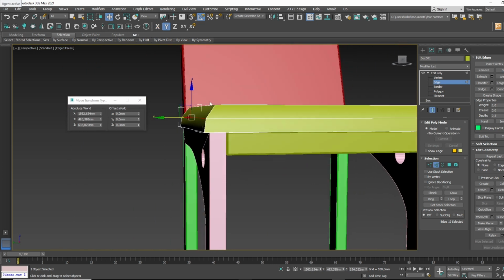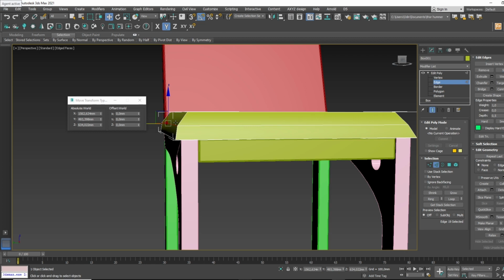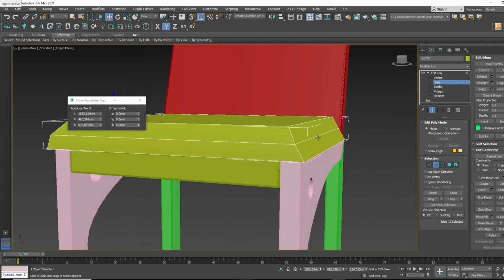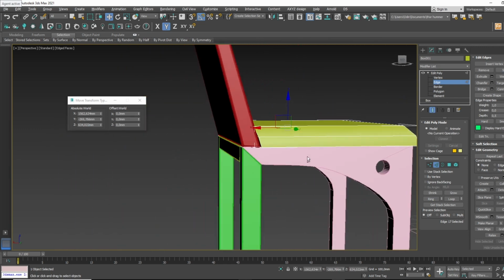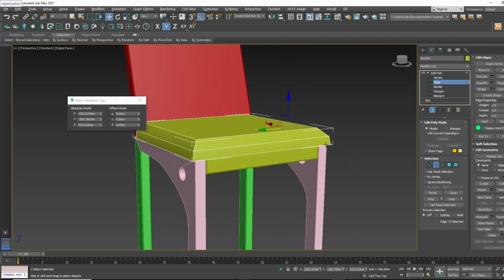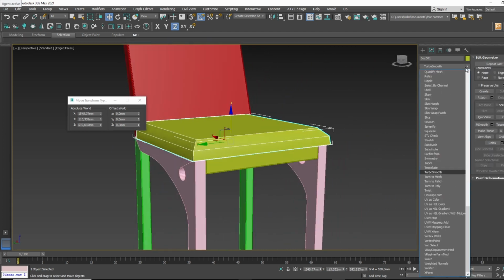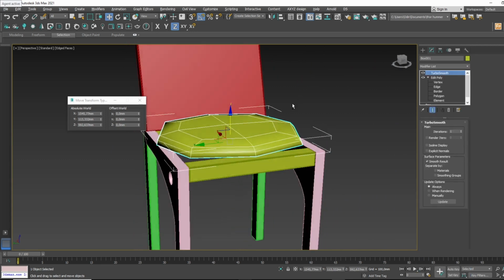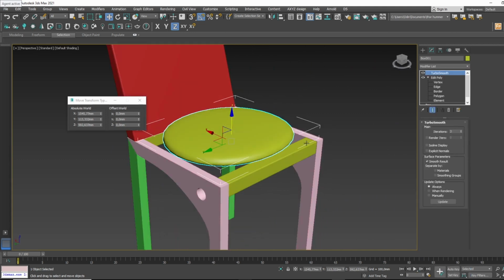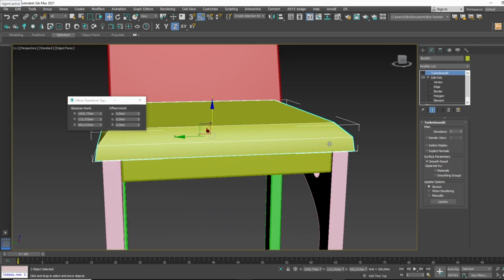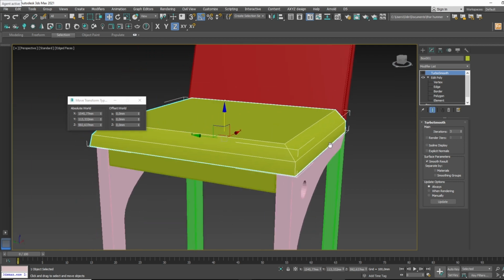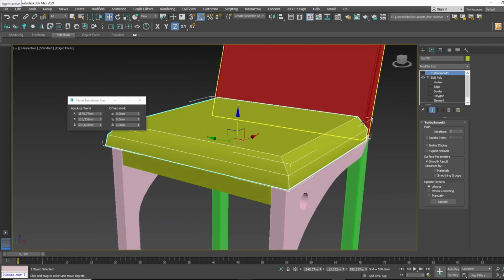I know it's not curved because it's corners here, not smooth, but you will see where I'm going with this. Let's go with this. Okay. Yeah. And let's put a turbo smooth to see what happens. Now, turbo smooth makes a perfect round pillow. This happens for a reason. Turbo smooth always is trying to smooth out